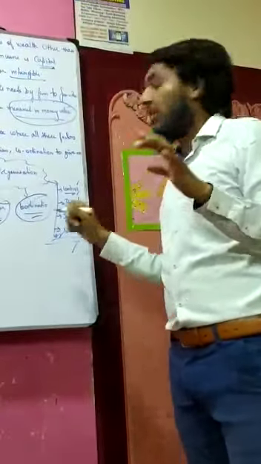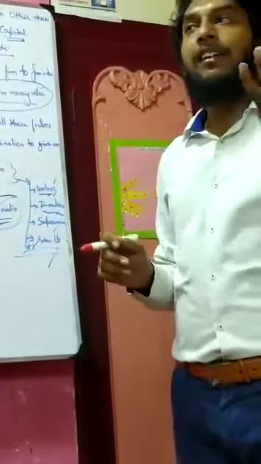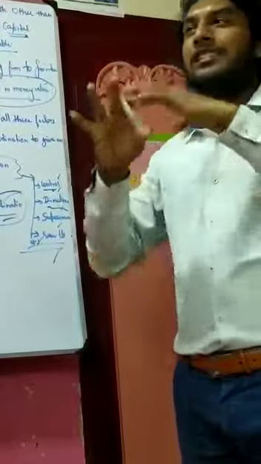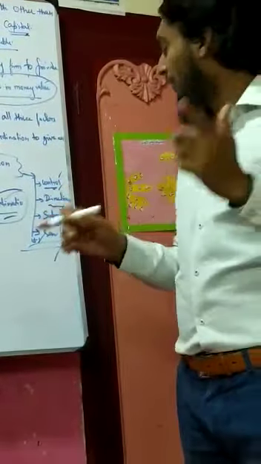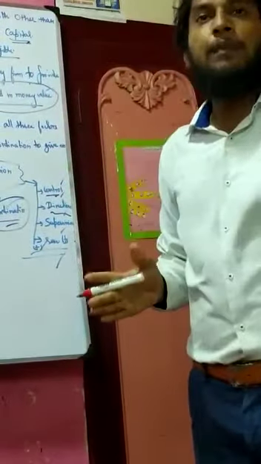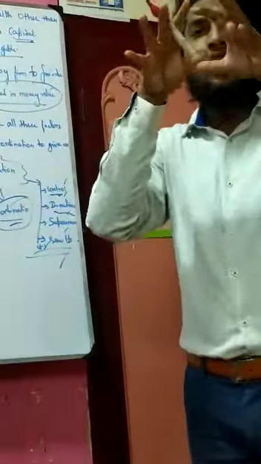Then direction. Here also, the leader should be perfect, so the correct direction should be given. If the boss is right, the work will go with the flow. And if he is lenient, the work will not go well. So a perfect direction should be there. If in 2 days we have to finish the product, the product should reach the finished stage in 2 days. So the proper direction should be there.